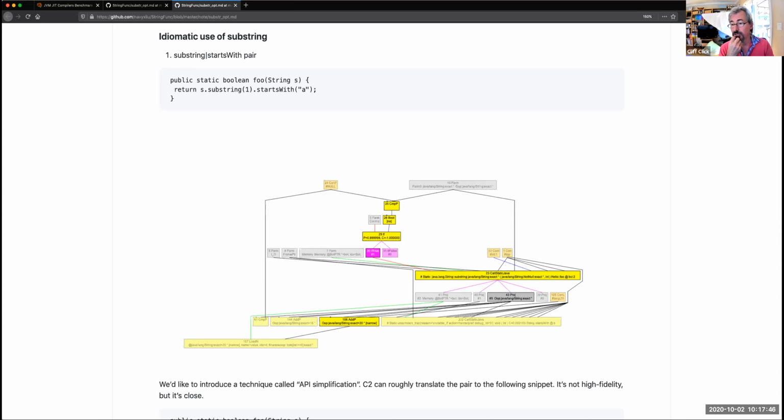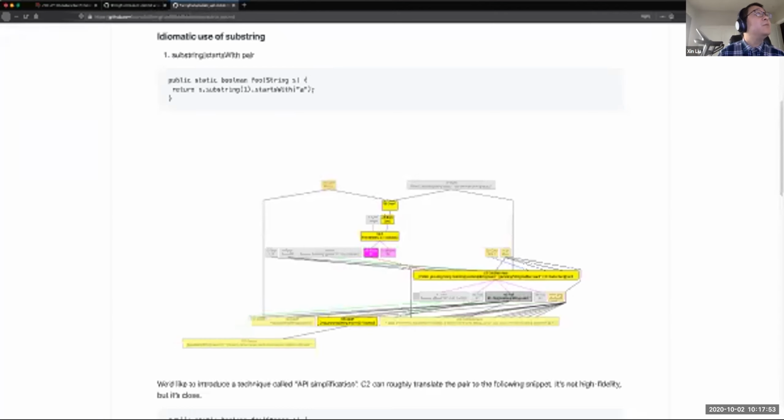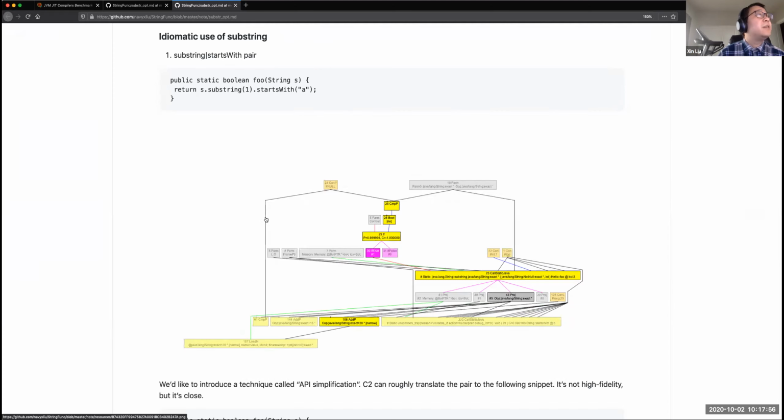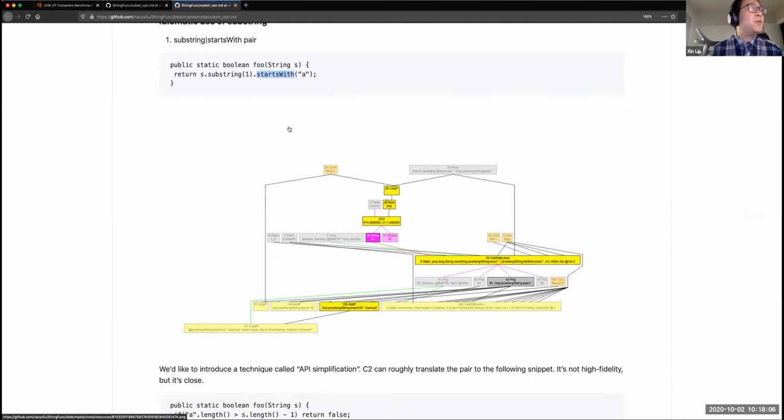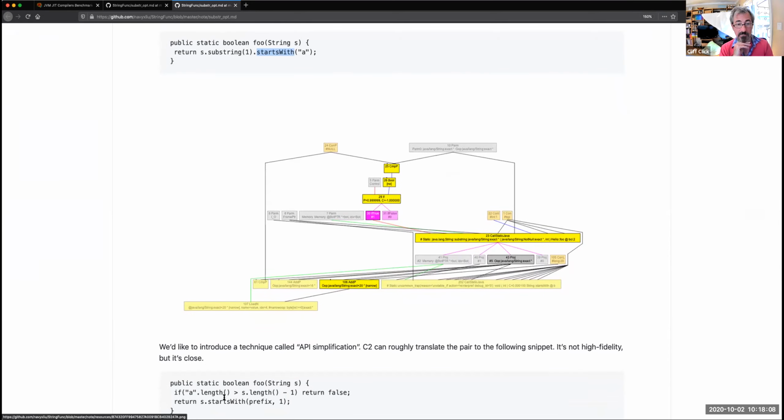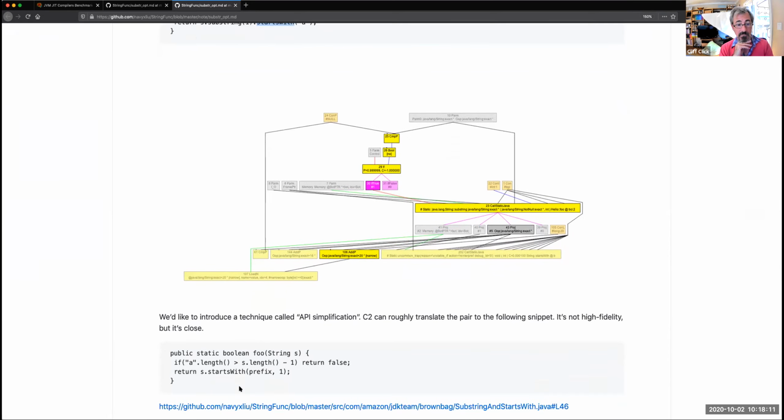Okay, I got it. But actually, there is more than one way to do this kind of thing. For example, recently I noticed that startsWith has a brother called startsWith with offset. So that's why I came up with a new idea. I call it a so-called API simplification, because let's say that I don't